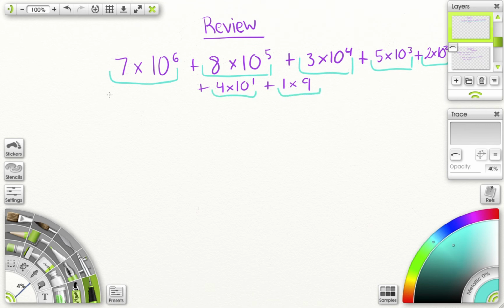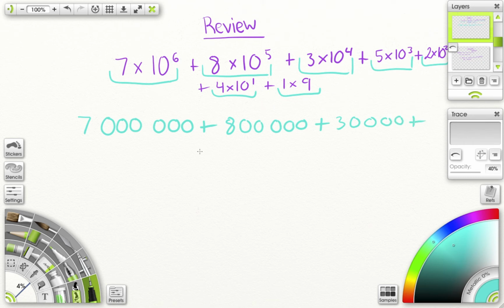And if I do 7 times 10 to the power of 6, that is essentially the same as 7 times 1 million. So it ends up being 7 with 6 zeros behind it, plus 8 times 10 to the power of 5 is 800,000, so 8 plus 5 zeros behind it, 1, 2, 3, 4, 5, plus 3 times 10 to the power of 4 is 30,000, so 3 and 4 zeros, 1, 2, 3, 4, plus 5 times 10 to the power of 3 is 5,000,